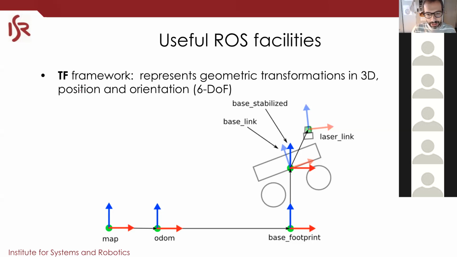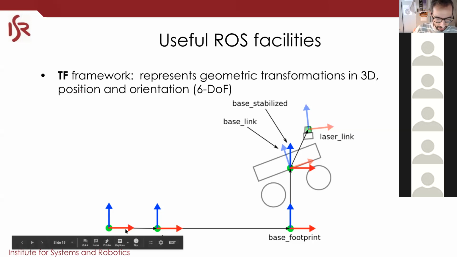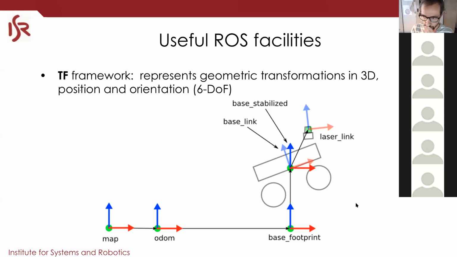So typically a robot has what is called a TF tree, which is coordinate frames attached to points or sometimes physical objects on the robot. So in this example, you have one laser rangefinder. The laser rangefinder is a rigid body. You can attach a coordinate frame to it, okay? And you can give it a name. In this case, laser link. Laser link is the frame of reference of the laser.